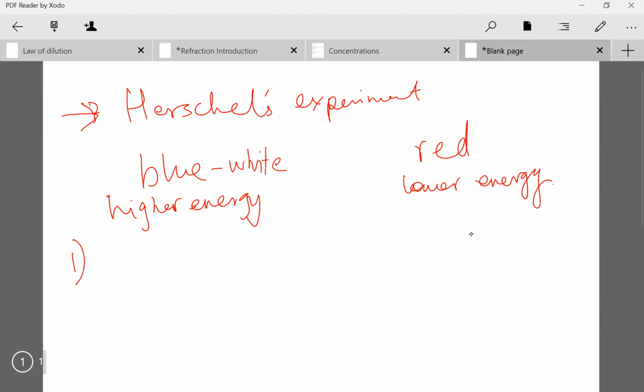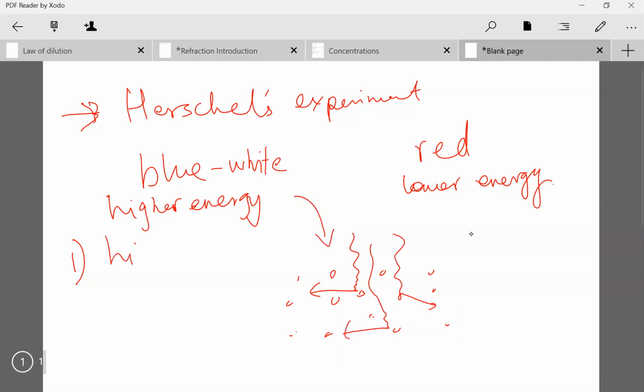So the first thing is what is called scattering. So scattering is basically dispersion. That's another word that you might find confusing. It is basically how much different particles can bounce off different colors of light. So blue light, because of its higher energy, has a lower wavelength, and this basically scatters easily because when it hits particles, it basically bounces off of them. This is the blue light, so it has a high scattering,